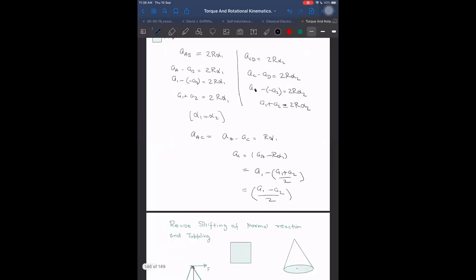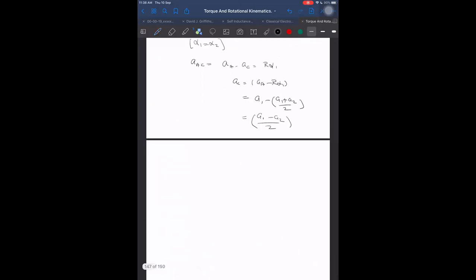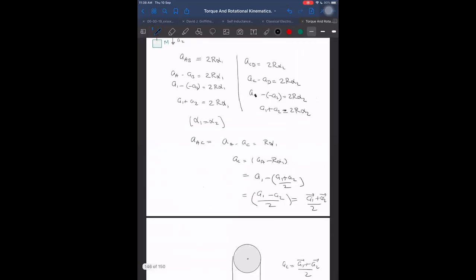Have we done this before? Yes, indirectly we have done it, but you may not remember because we did it in pulleys. You remember for the pulley, if I have two strings attached at two ends and it is a movable pulley, then what is the acceleration of the center of the pulley? One has acceleration A1 vector, another has acceleration A2 vector. Then it is A1 plus A2 by 2. If I want to write it in vector form, it is A1 vector plus A2 vector divided by 2, but A2 vector itself is negative, so it is minus A2 coming from there. Why did I discuss this?